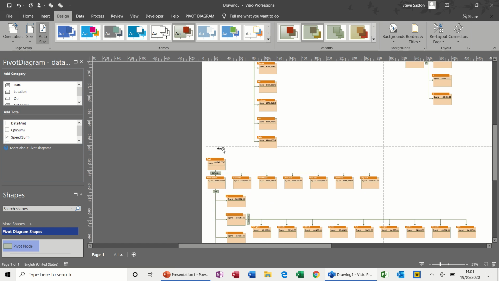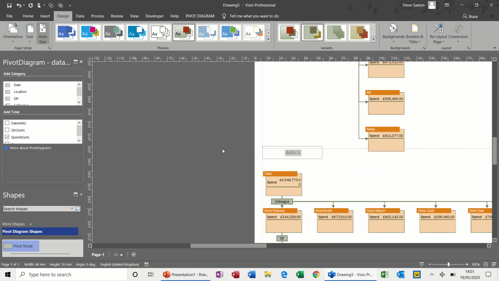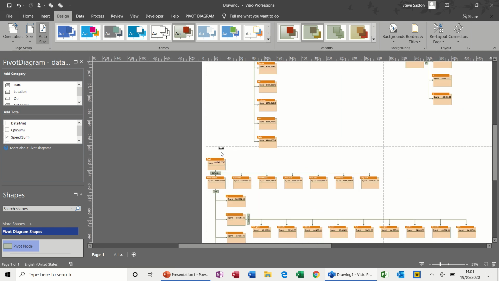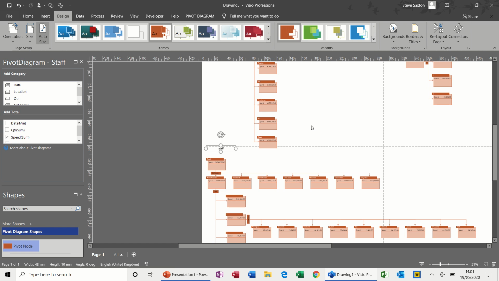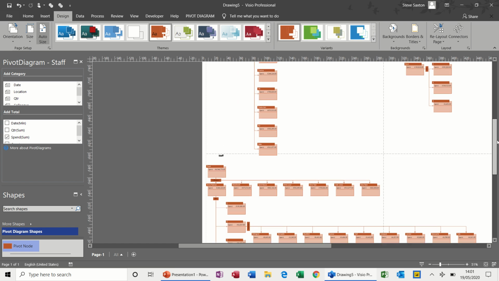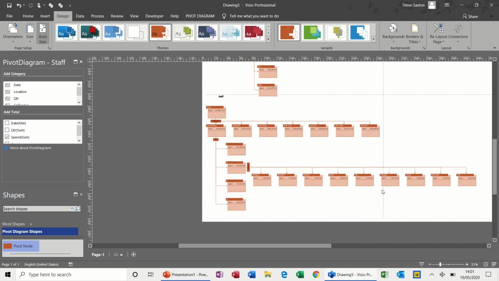So this last one needs to just be named, just call it staff or something, which is a bit of an old-fashioned word nowadays. Just looking to see if there's a better colour scheme there. Modern, no difference really. But basically that's how you create a pivot diagram,